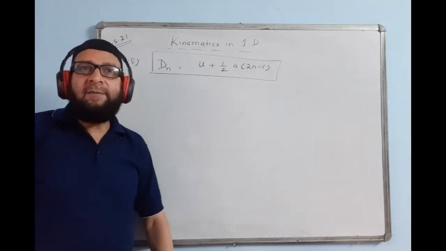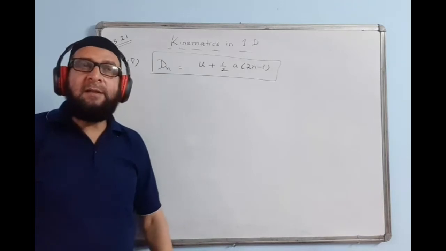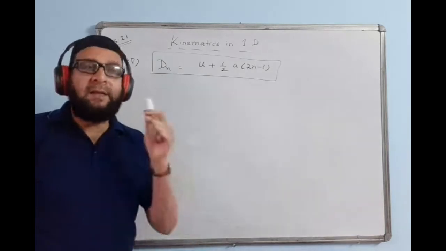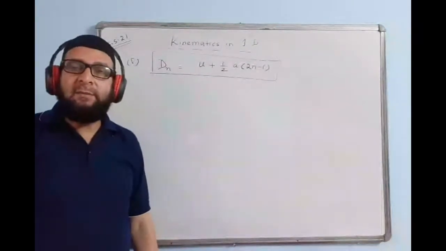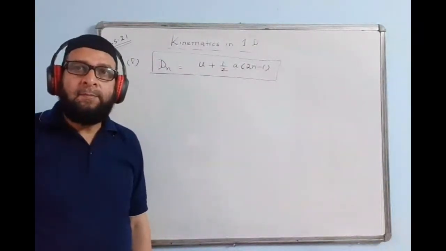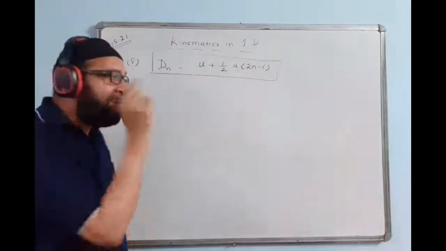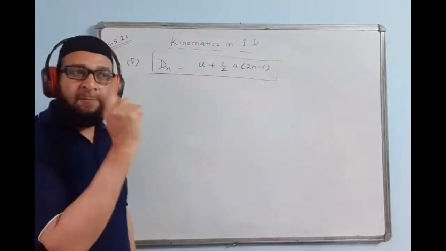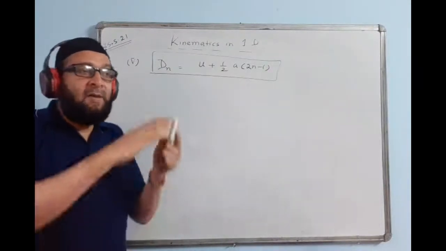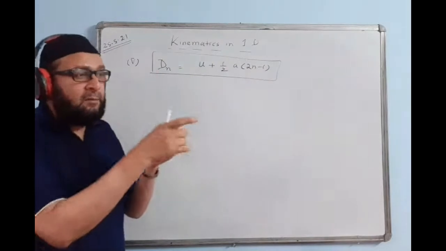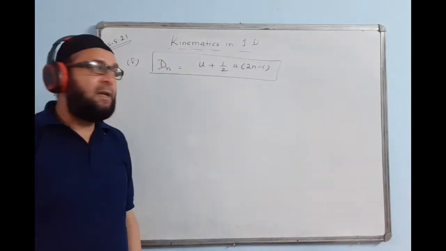I say the distance covered by the body in 10 seconds, and the distance covered by the body in 10th second. Are the two statements same or different? I'm saying 10 seconds and 10th. 10th is that one particular second. And what is that one particular second? That means after 9 seconds and before 10 seconds. That distance is called the distance moved by the body in 10th second.